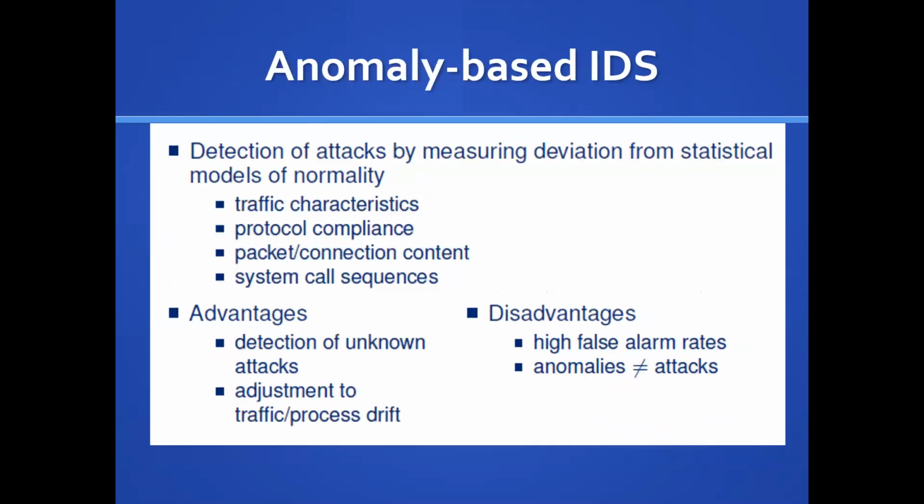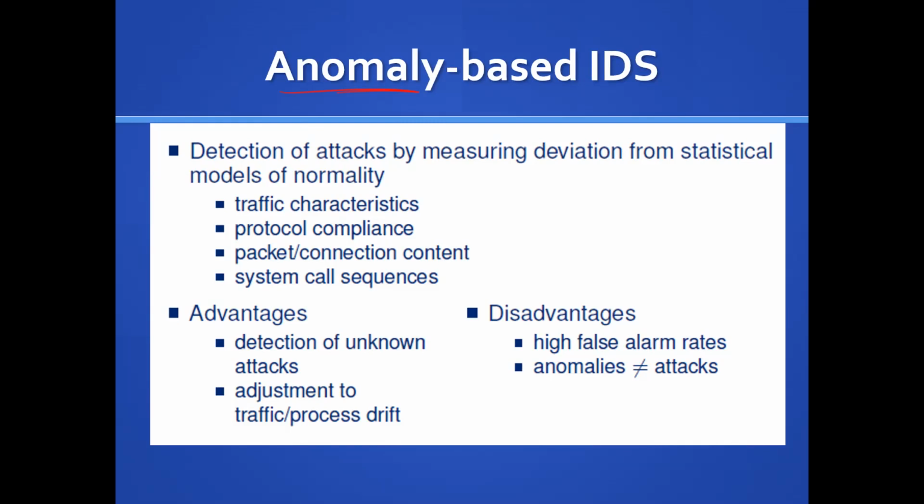Now, anomaly-based, the last one that I'm going to cover. What do you guys think anomaly-based would be? You have an intuition of what signature-based is, so what do you think anomaly-based would be? I would assume that it establishes some kind of baseline of normal traffic that comes through it, and then if it notices something outside of that baseline, it would go after it. Exactly. Perfect. Very good.